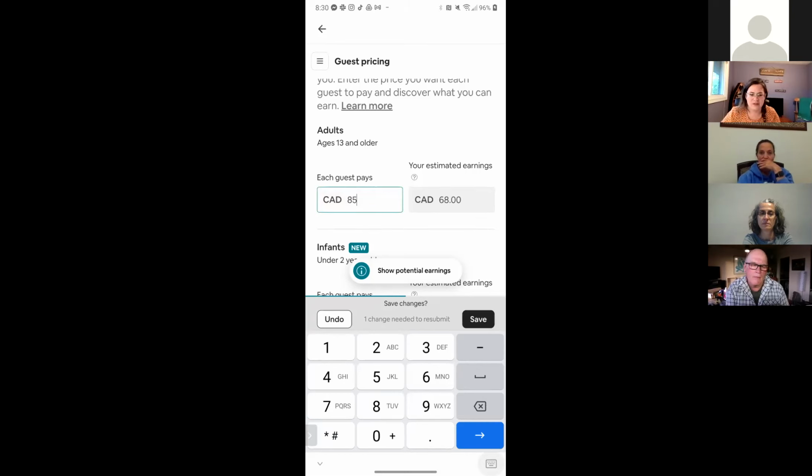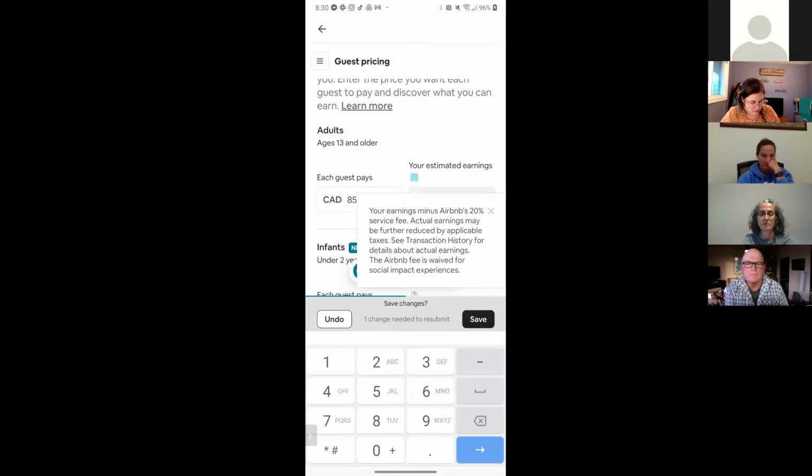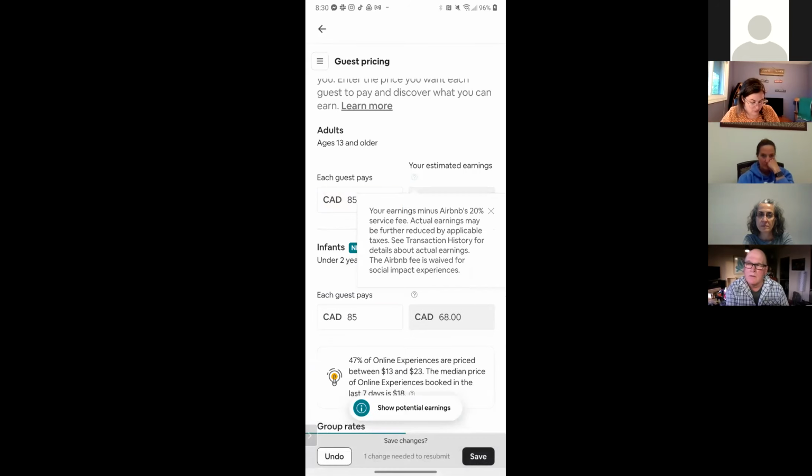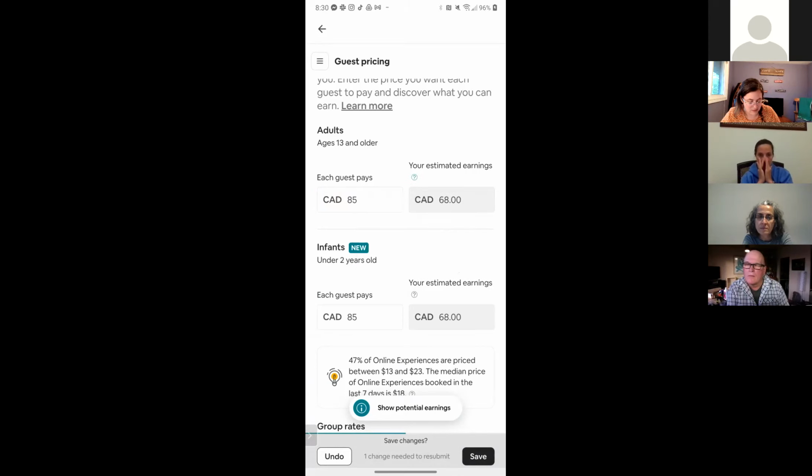Okay, well, it wouldn't let me put that 0 there, but $85, I would actually get 68. It's got a little question here. It's talking about that 20% service fee. Maybe you further reduced by applicable taxes. You can see transaction history for details of this. I don't have specifically those details about that, but